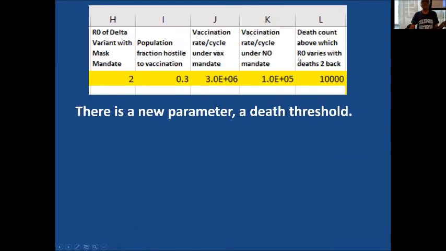So in the third tab, I have one additional parameter. This is just one way to model. I'm not at all suggesting that this is a correct model or that I've verified it or anything. I'm just trying to simulate here R naught going down as the deaths go up. That's all. So I use a very simple formula saying if the deaths go up above 10,000, and you can change this, that